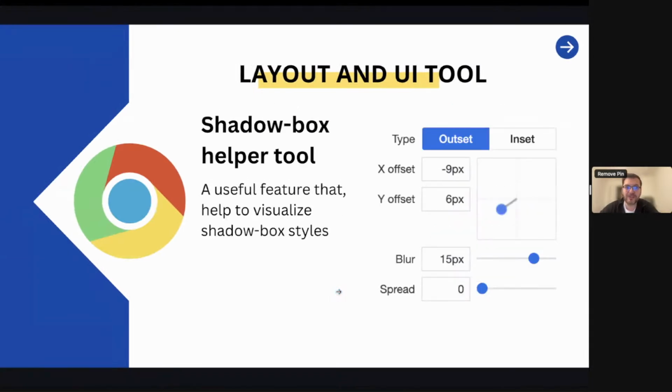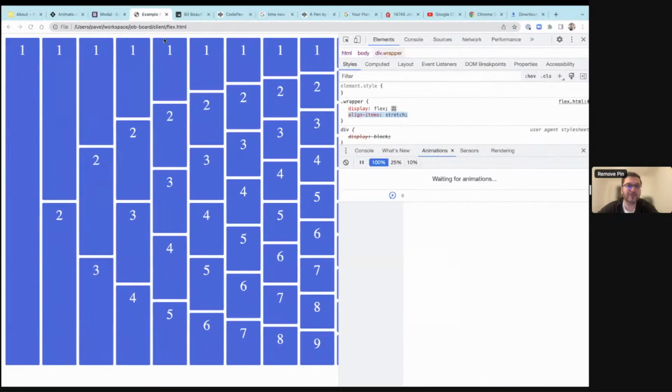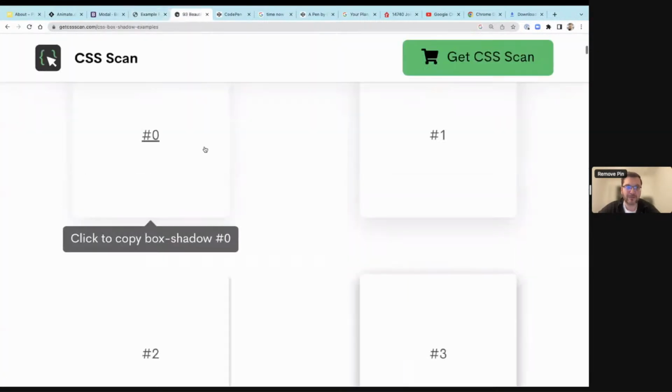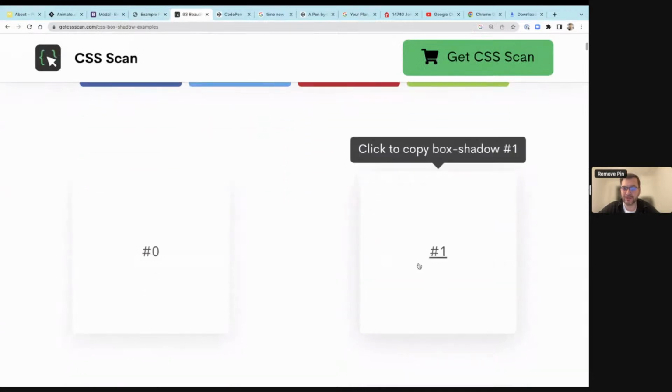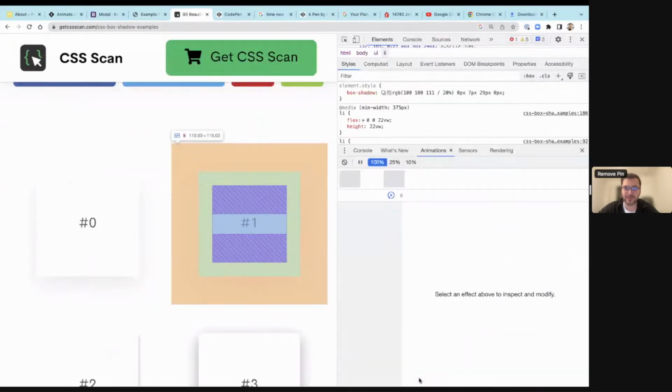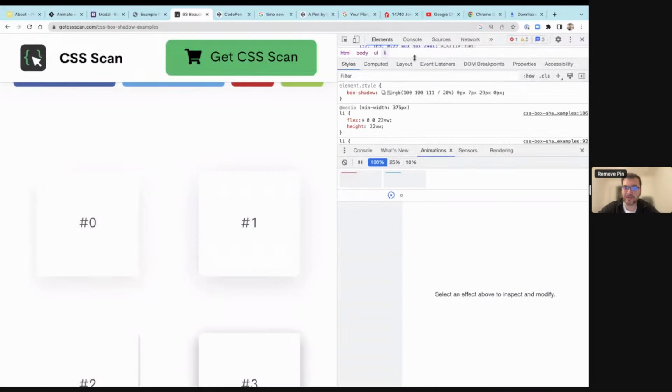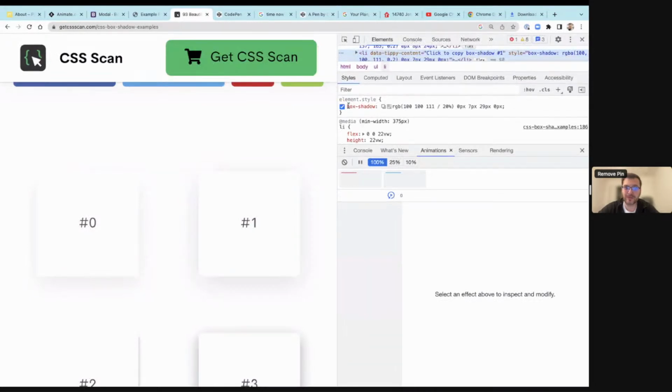So the next tool is Shadow Box Helper tool. Let's take a look at this one. I have a website with shadow box examples. Let's inspect this element, and we have element style box shadow. Again, box shadow is a pretty complex style, so you need to put many attributes to it, but there is a helper tool that helps you